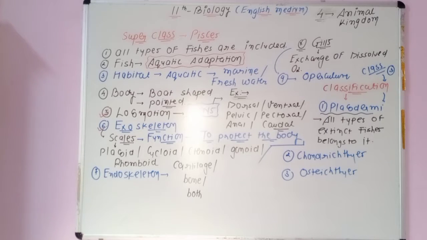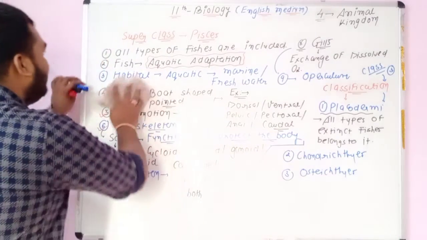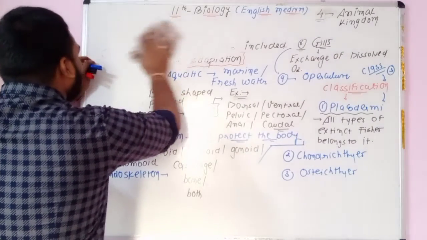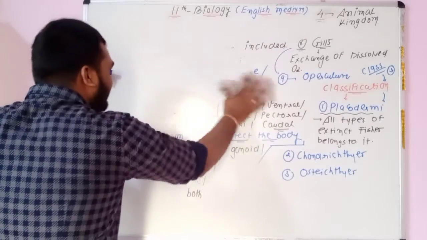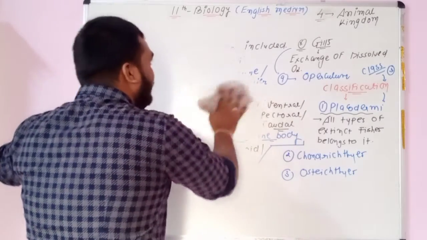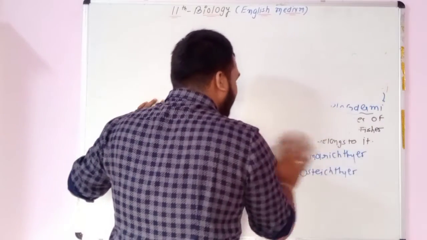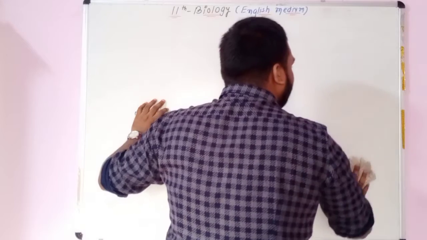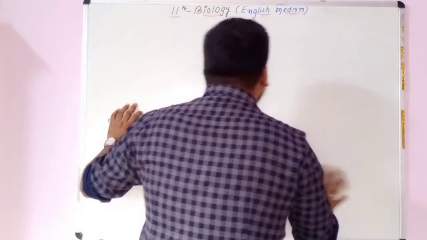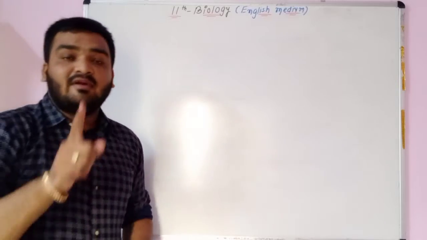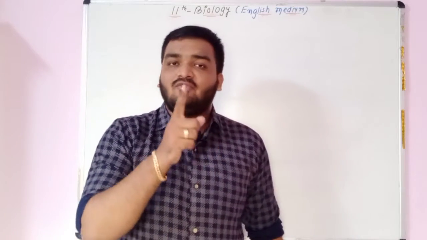After taking the screenshot, we are going to learn about the differences between Chondrichthyes and Osteichthyes. The next topic will be the differences between Chondrichthyes and Osteichthyes. It means some characters of Chondrichthyes and Osteichthyes. So this question is completed, and now we are going to talk about some important characters, the differences found between Chondrichthyes and Osteichthyes. See, it is a very important question. It is a question of 4 or 5 marks.